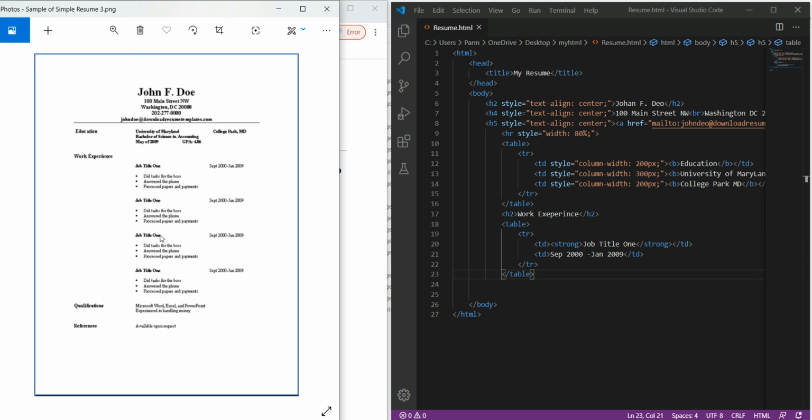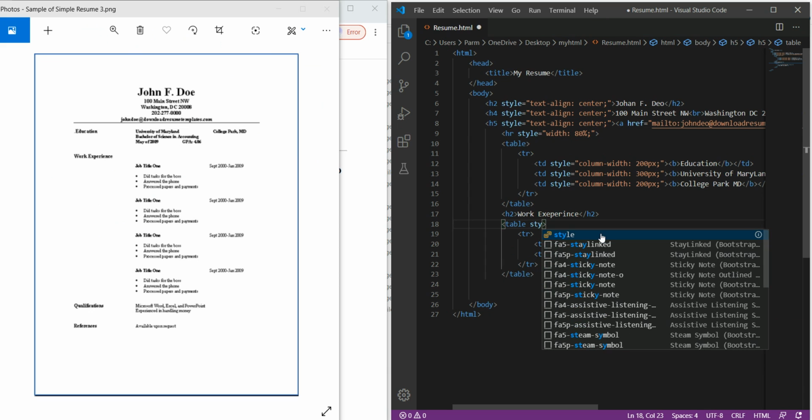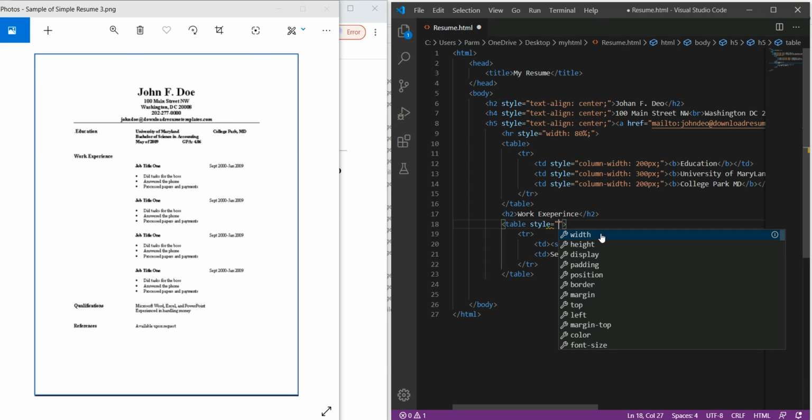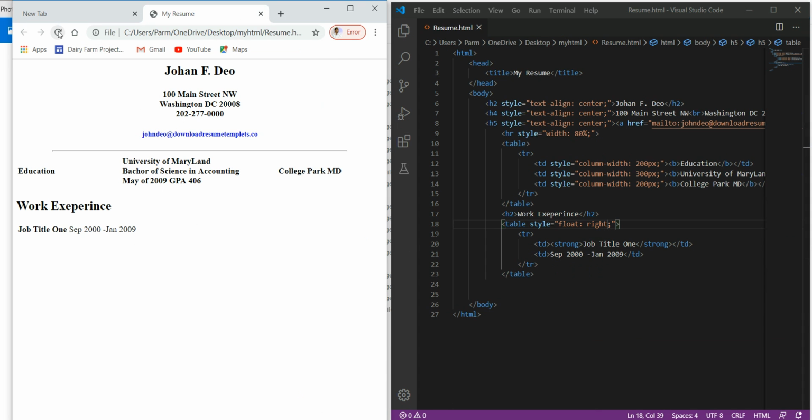So in order to make it indented, I'm just using the table's style property, and here I use the float property. I just want this table to float on the right side, so I use float right. So save this and again see the changes. Okay, so this is floated to the right.